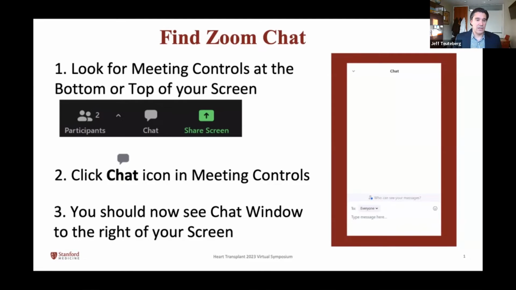So if you look at your meeting controls at the top or bottom of your screen, if you hover your mouse either above or below, you'll see that black block come up. And if you click on that chat icon, then you'll be in the meeting controls, and you should see the chat window open up, which is to the right there. And if you go to the next slide,